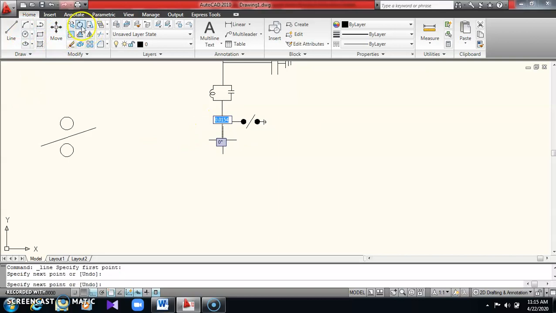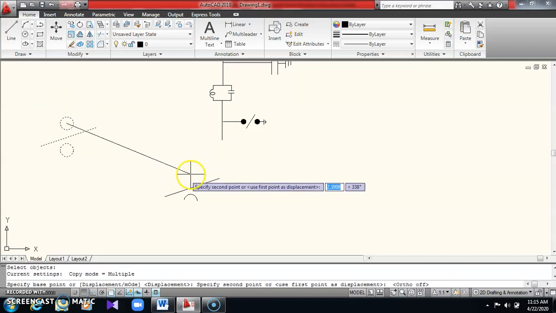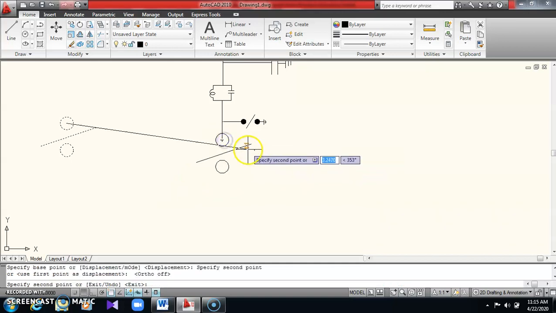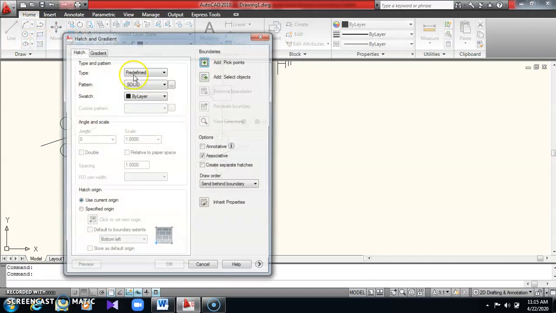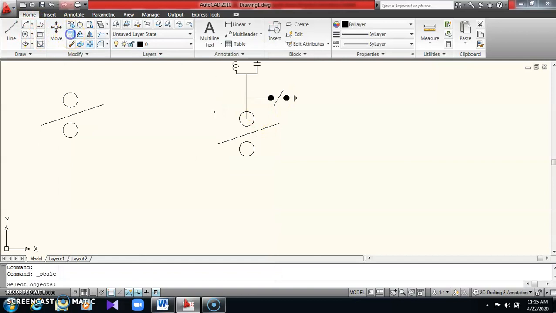Remaining process is same. So now copy this, whatever I had drawn previously. So F8 to make it off and press over here. You can join over here, no problem. Okay. So now if you want to decrease this size you can decrease it. So I'll use scale command because compared to this isolator diagram, this size is more. Scale less than 1 is there, 0.5 you should press, the scale will decrease. Okay, this much is enough.